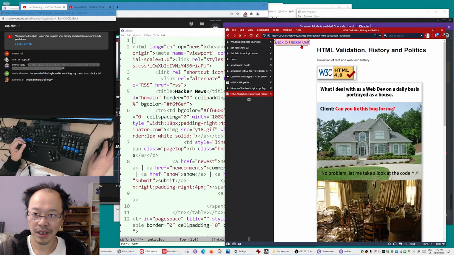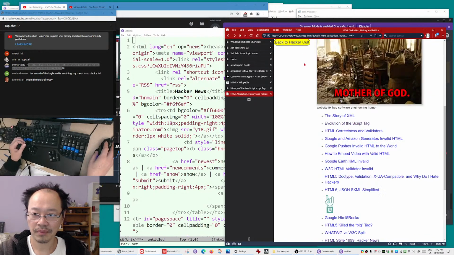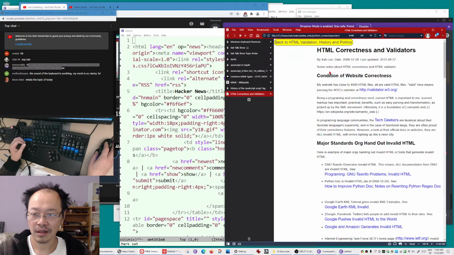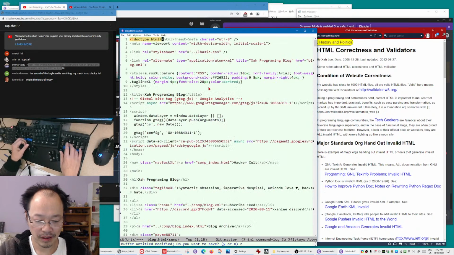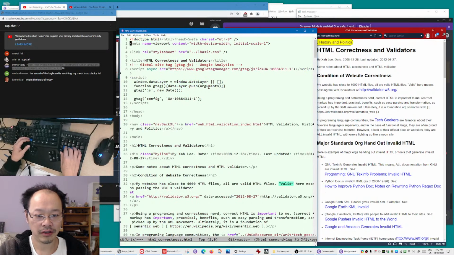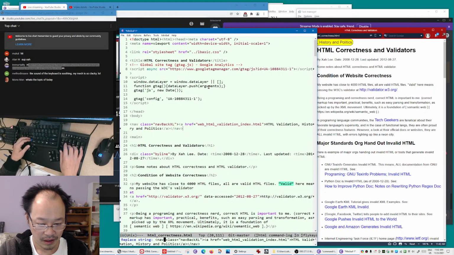So we just changed it back to Webtech History, HTML correctness and validators. Some of the pages did not change. Let's do that again. Close that. Open this page. Copy that. Do replacement. Then you want to say Webtech History.